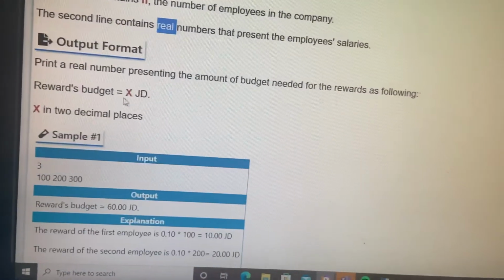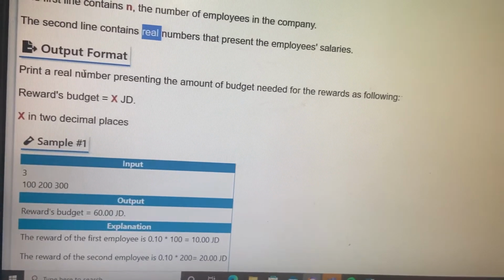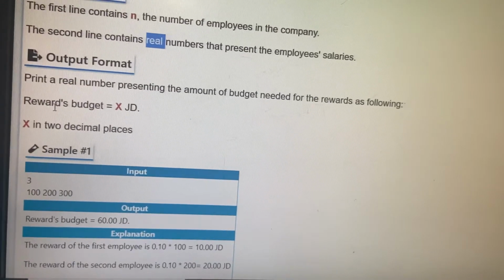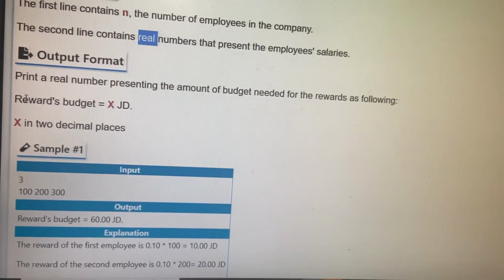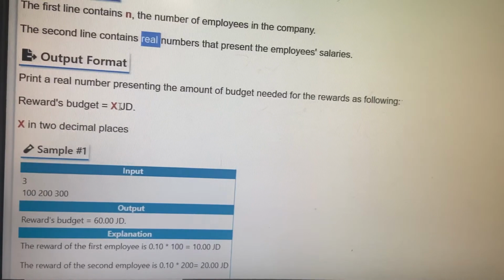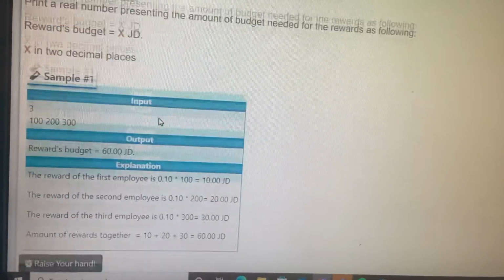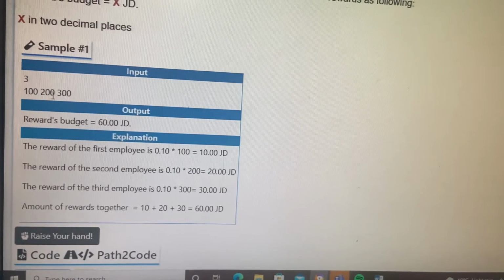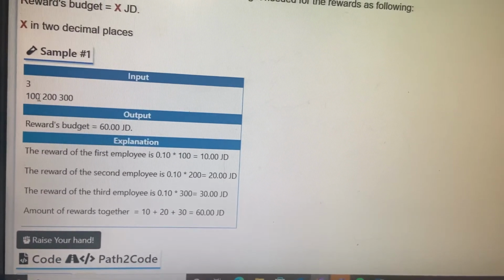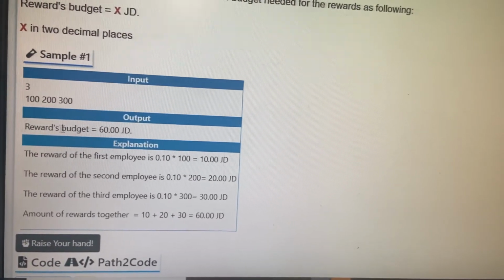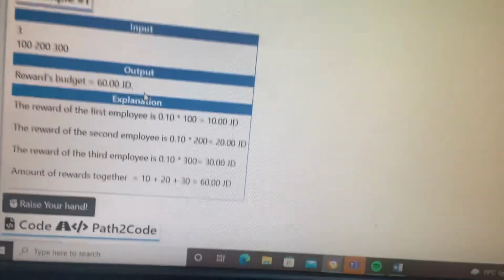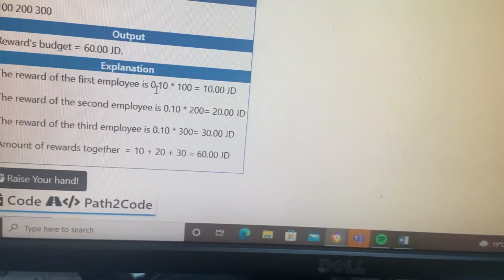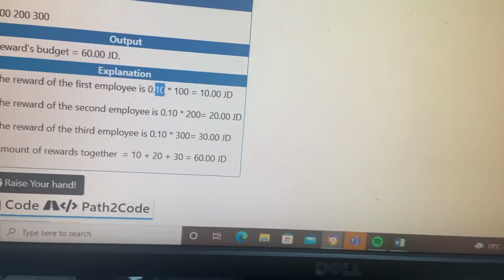The output for your code is supposed to be as follows: rewards budget equals X GD, or X dollars. Okay. If we have 3 employees, for instance, and the salaries for each of them are 100, 200, 300, then the reward budget will be 60 GD, and this is because the reward for each of them will represent 10% times